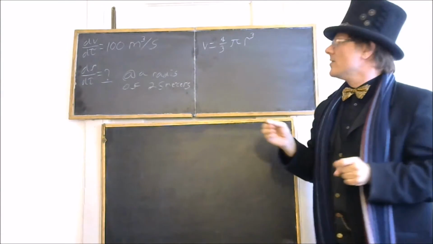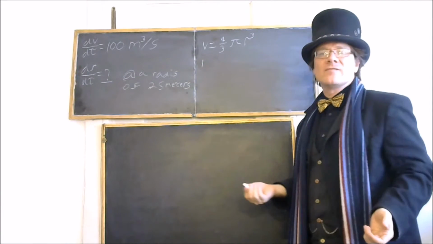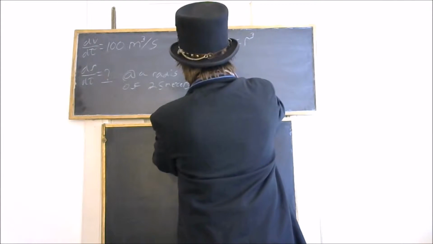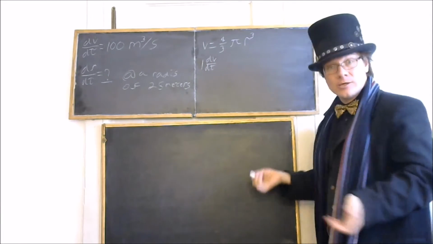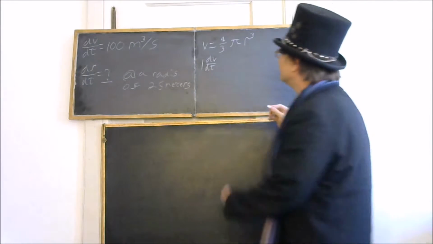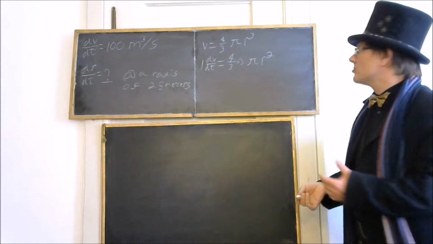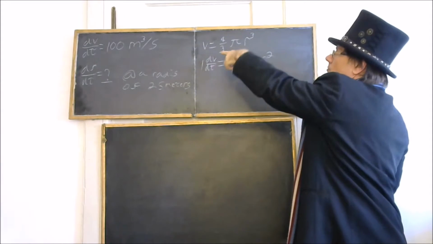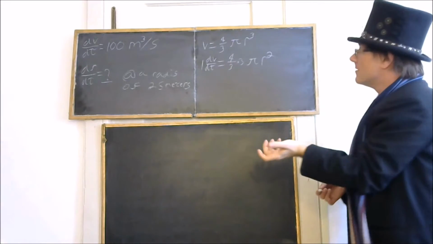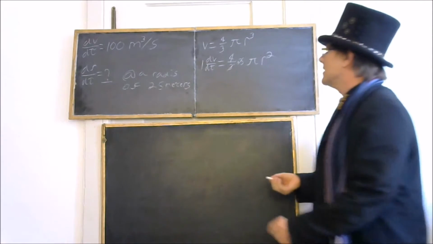So the derivative of V is 1, because the derivative of a variable is always 1. But we're taking that V, volume, with respect to time, so we need to use the implicit differentiation rule for that. And then we take the derivative of r cubed, so we bring the 3 down in front of the pi, and we multiply that 4/3 by 3, which obviously the 3 will just cancel out, and we're left with